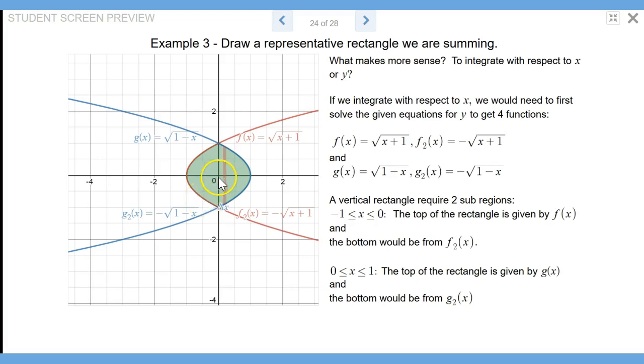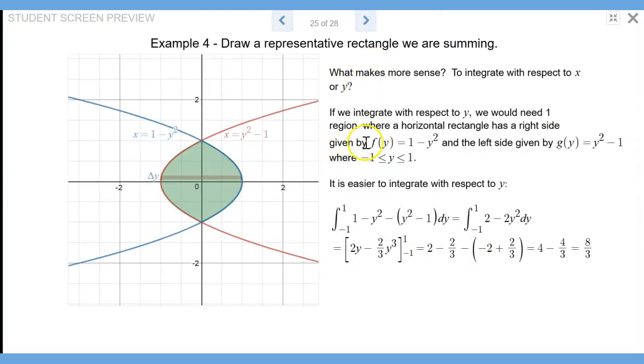And then on the region from 0 to 1, the top of the rectangle would come from the square root of 1 minus x, and the bottom of the rectangle would come from minus the square root of 1 minus x. But if we compare that to using y as our variable of integration, then everything becomes a bit easier,